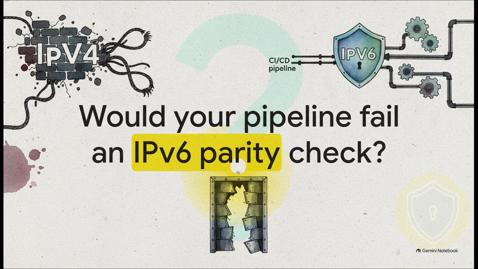So, after 10 parts of breaking down architecture, mechanisms, and security designs with Virtualization Options LLC, I want to leave you with a final thought to really challenge your current operational posture. If you were audited today, would your CI/CD pipeline correctly fail an IPv6 parity check? Or are your transition mechanisms currently acting as a massive, completely unmonitored attack surface? It is time to make sure your IPv6 footprint is a strictly documented, hardened architecture and not just an open